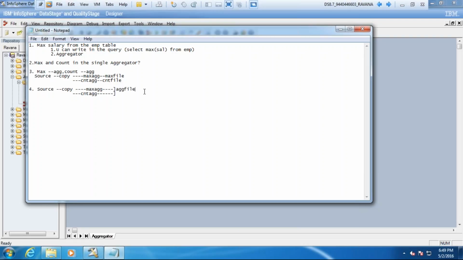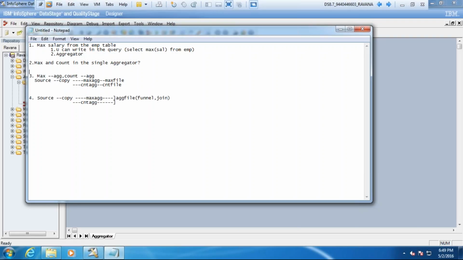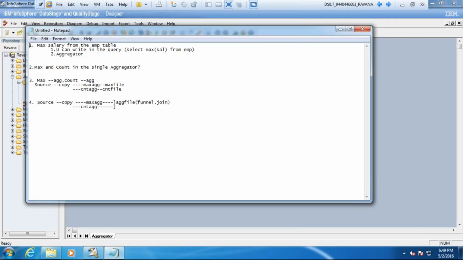We'll see how to get it. For now, one way is using funnel, and the other is join, in a different output. We'll see that later. But as of now, remember this. Now let's see each and every step one by one.